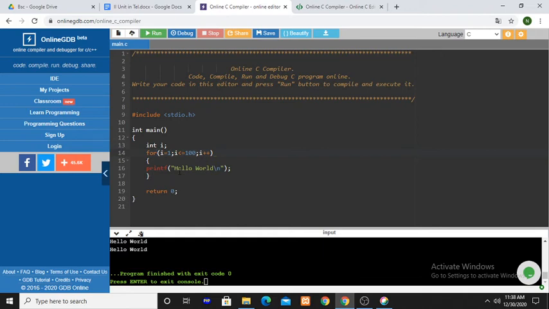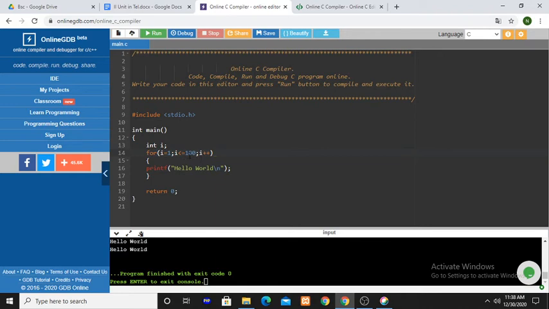The control statement means it controls the flow of statements. What is the flow of statements? In some situations, we may want to skip some set of statements, or we may want to execute some set of statements. If the condition is true, some set of statements are executed. If the condition is false, another set of statements are executed.